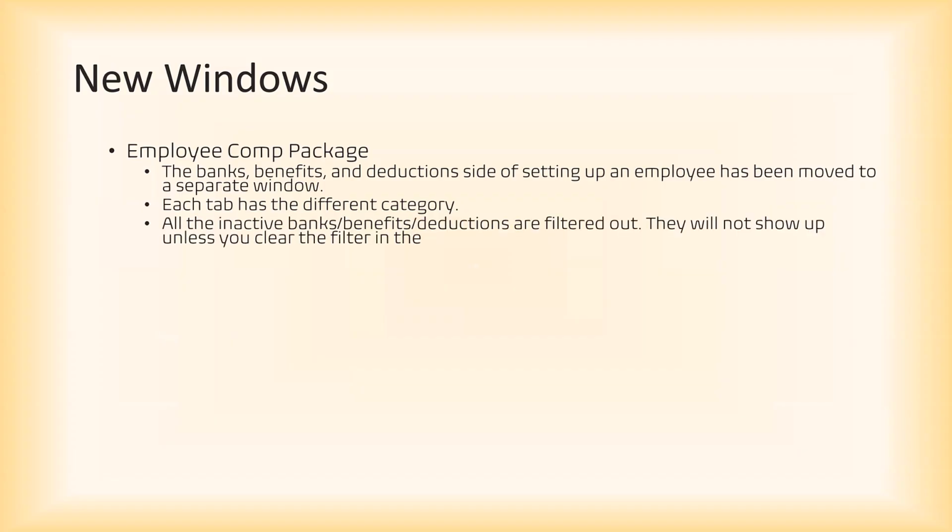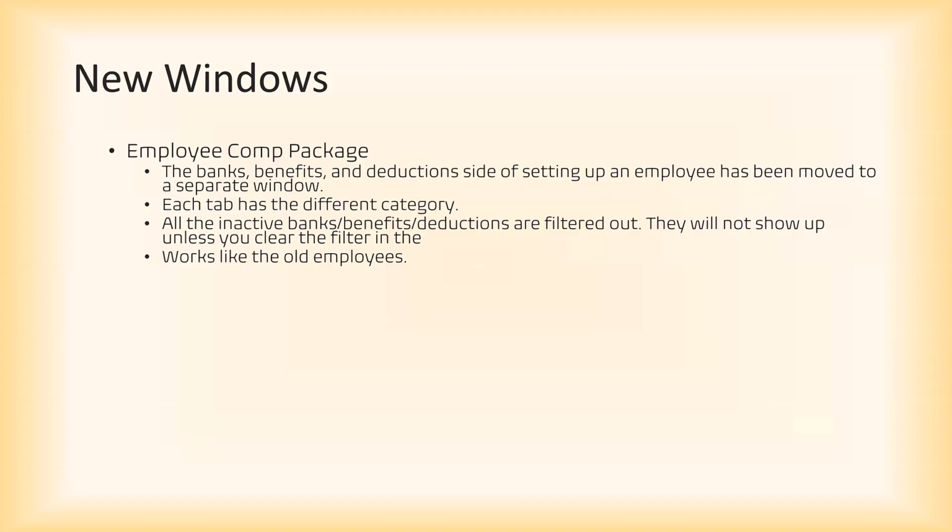One thing that is new is when you see your list of deductions, we only show active ones. All the inactive ones are filtered out. You can clear the filter, but all the deductions, benefits, or banks that are inactive are filtered out. So if you make it inactive, when you first load in the window, it won't show anymore, so you won't have a long list of both active and inactive deductions. It works pretty much similar to the old employees, where you add in a bank,